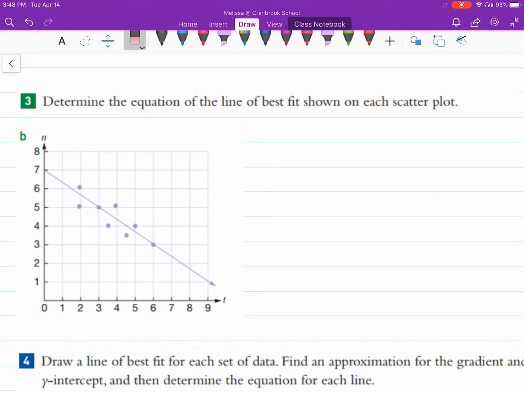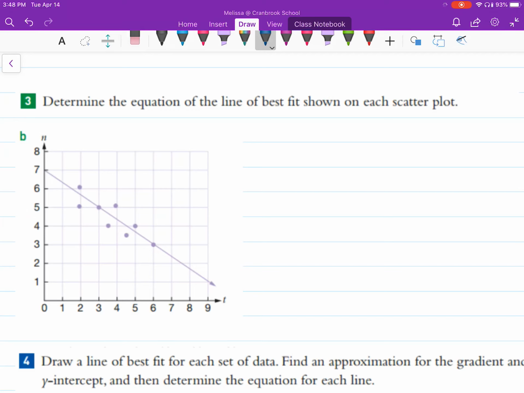In this video, an alternate method to determining the line of best fit will be presented in comparison to what you might find in your Signpost textbook. Some things to remember that you'll need to use to determine the equation of the line of best fit is